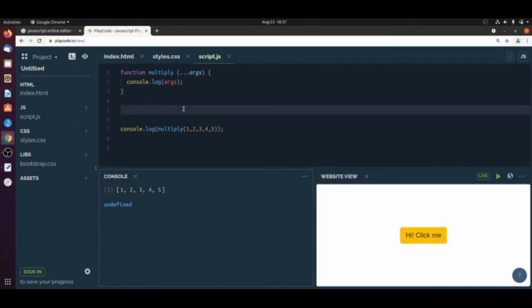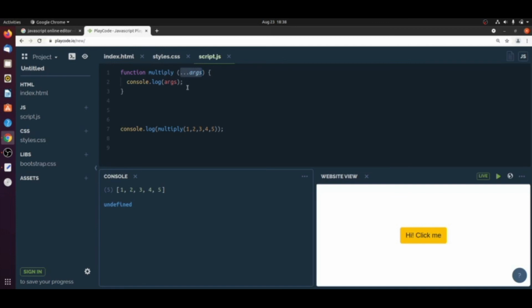Usually, this is one interview question you may face. The interviewer will ask, I have n number of values to pass as arguments to a function. Let's say I don't know how many values I will pass, and I have to multiply each value and return the result. This is the best answer for them: use the rest parameter. It will convert individual values to an array, and using that array inside you can multiply all those values, add all those values, or display all those values.